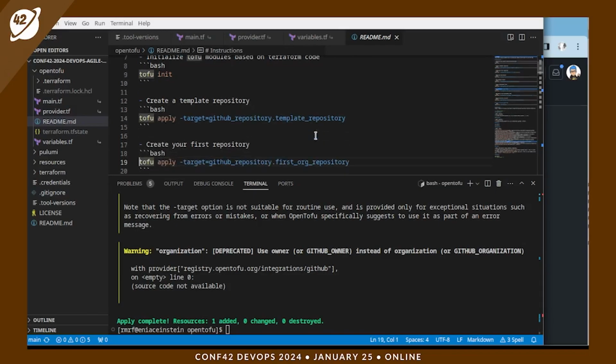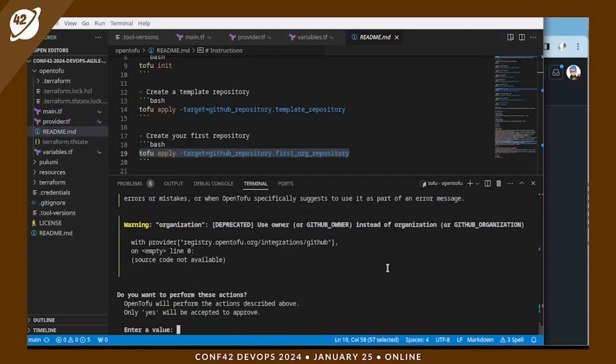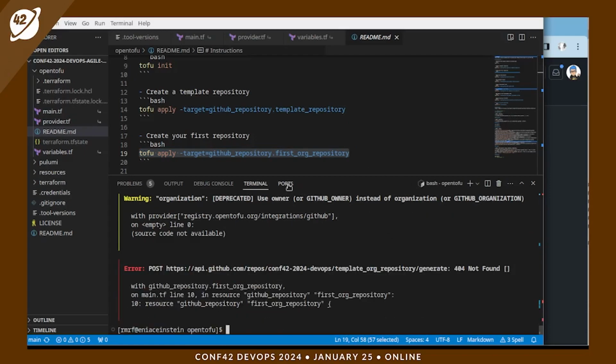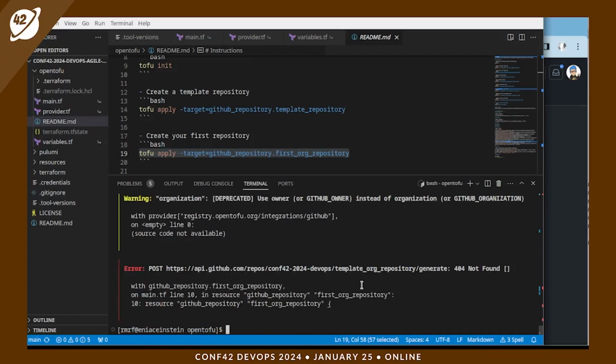Then we can enable and create this first repository here, and let's move to, yes, first repository not found. And here, yes, the repository is not found. Let's send this general configuration: tofu apply,